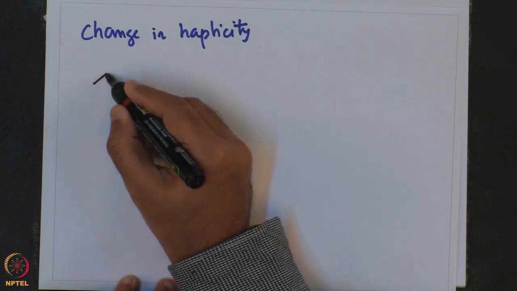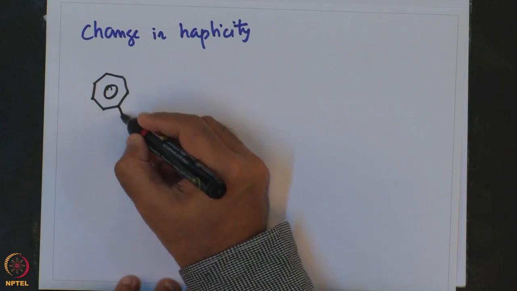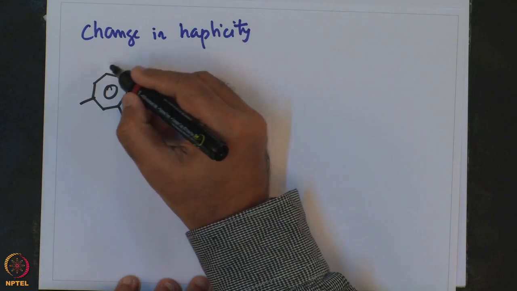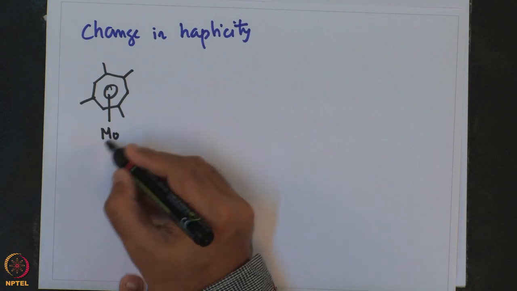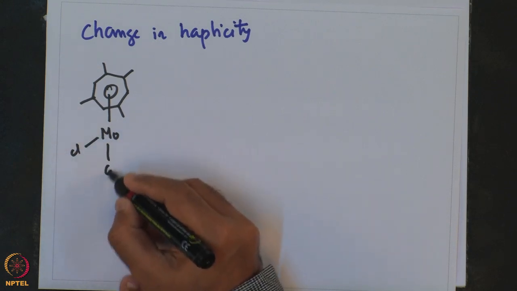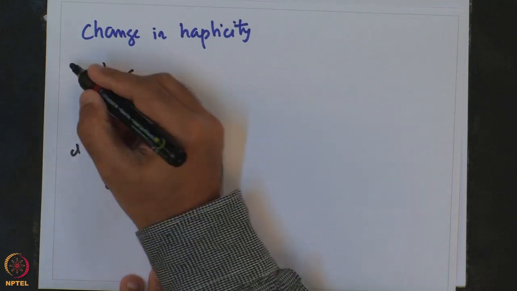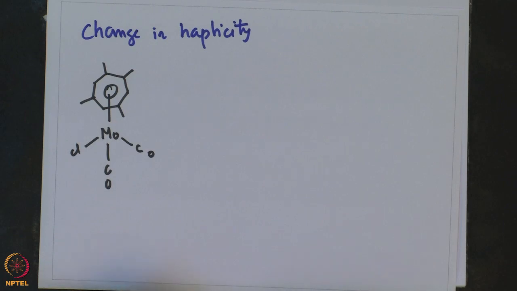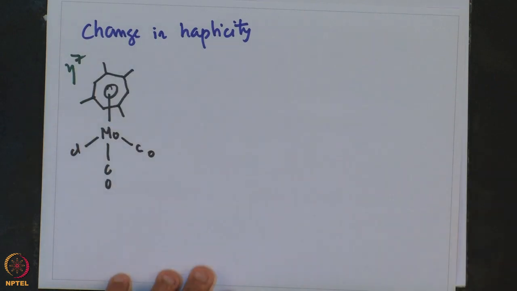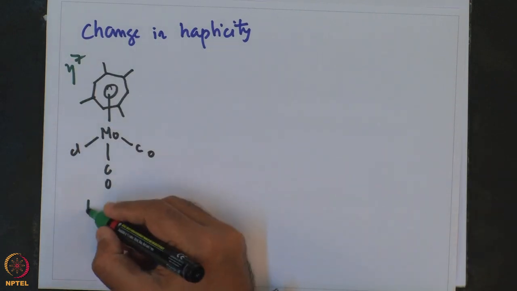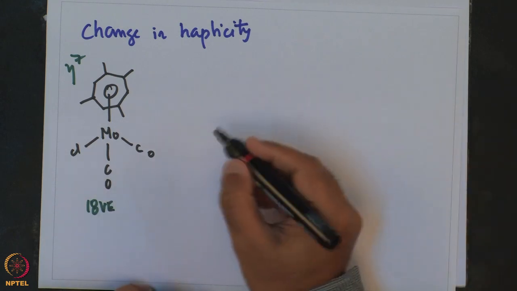So, for this substituted molybdenum chloride CO compound, this is an eta 7 compound and 18 valence electron, in presence of